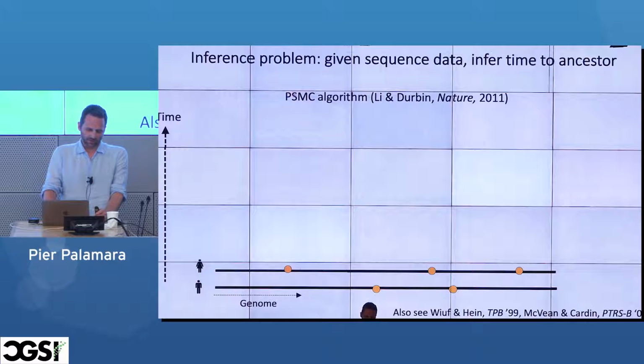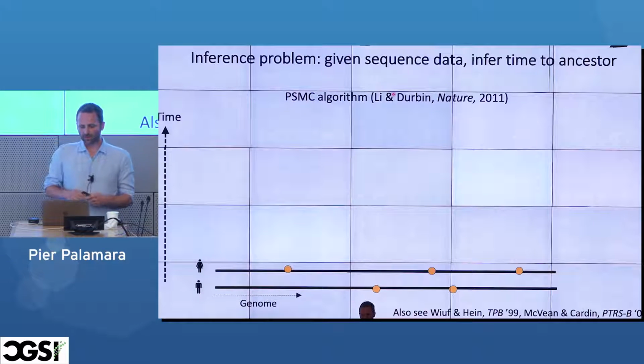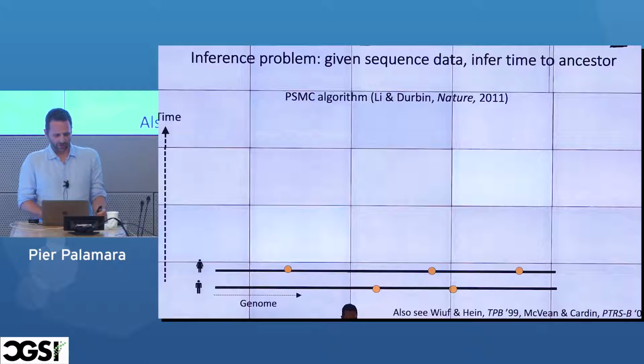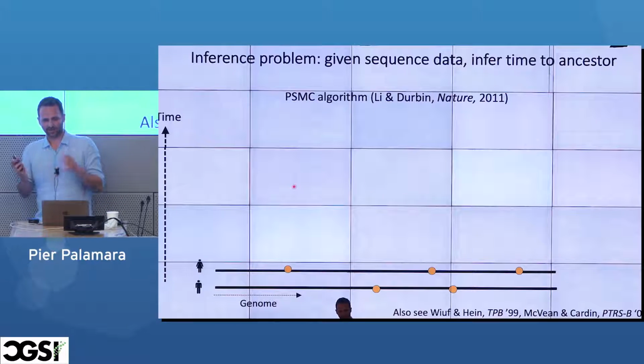And so I'm going to describe something called PSMC. It's an algorithm that was developed by Li and Durbin in 2011. It's a very cool algorithm. PSMC stands for pairwise sequentially Markovian coalescent, and that's because it uses all these formulations of these processes here at the bottom. But essentially, at a high level, this is quite simple.